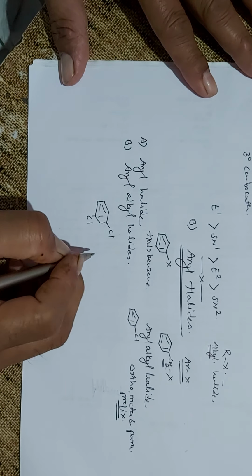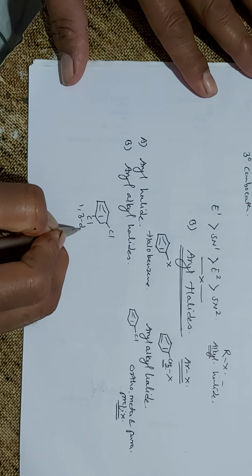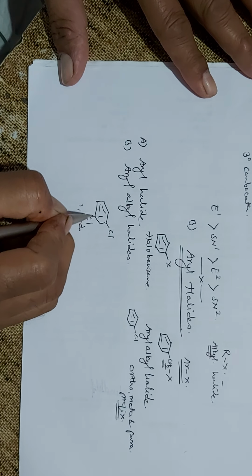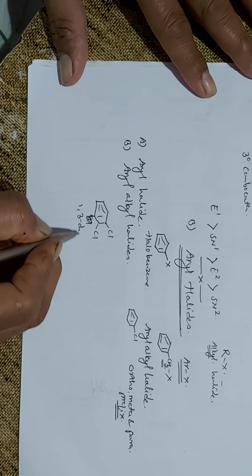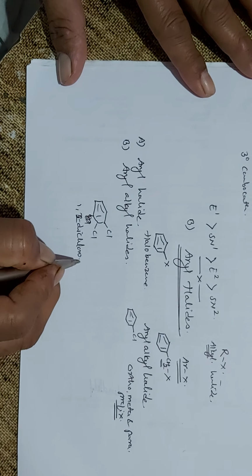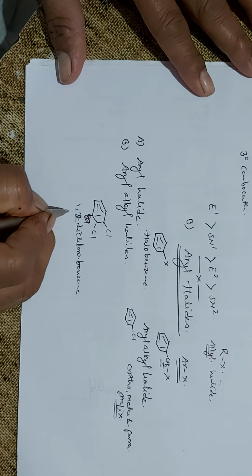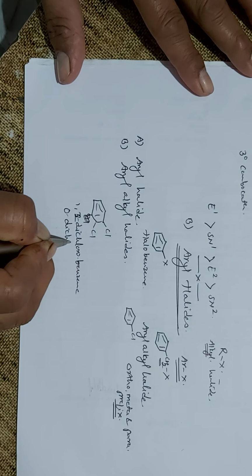And so here the different types of di-substituted benzenes are metadichlorobenzene, or you can say 1,3 dichloro, sorry, it's 1,2 dichlorobenzene, or you can say orthodichlorobenzene. So